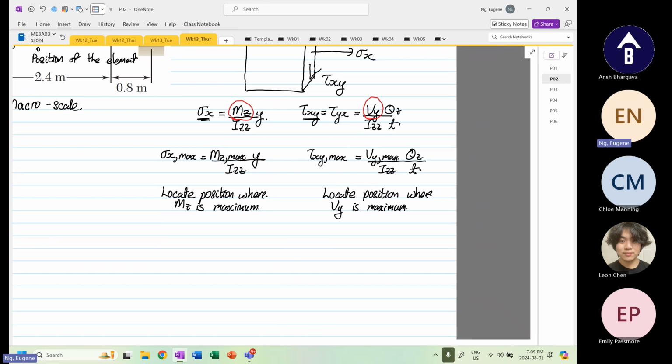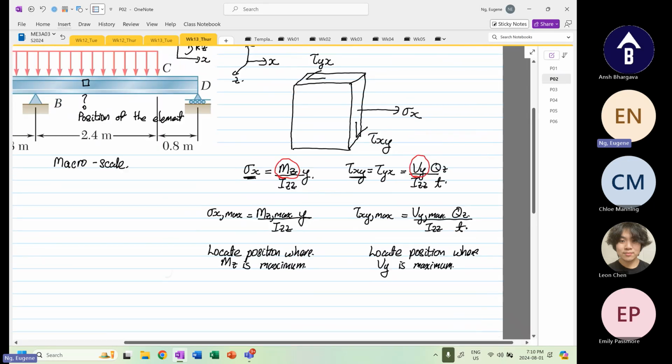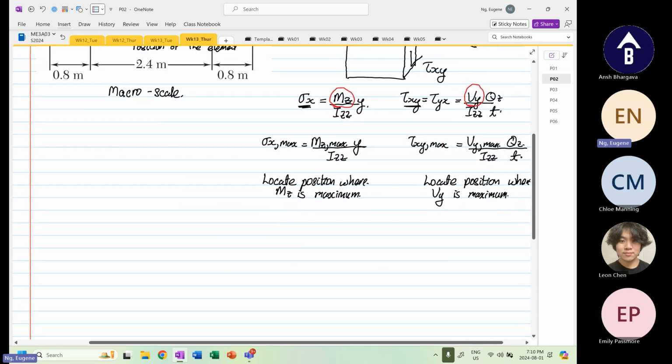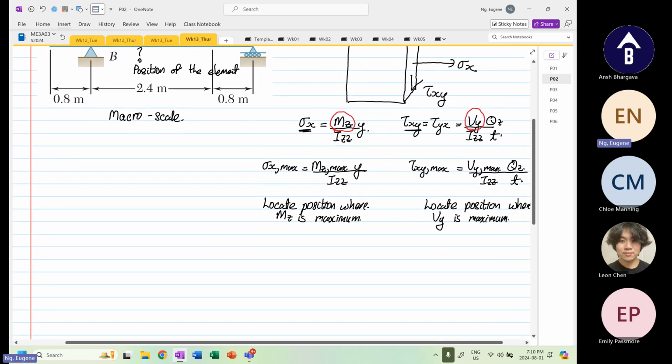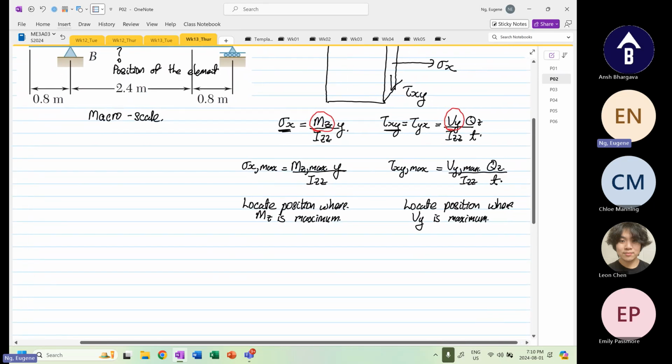Where Mz is maximum, Vy is not necessarily maximum. And when Vy is maximum, Mz is not necessarily maximum. Okay. So you have to check. You have to check a few places. Okay. So after what we have found, once we have found our stress X and shear XY, then we are